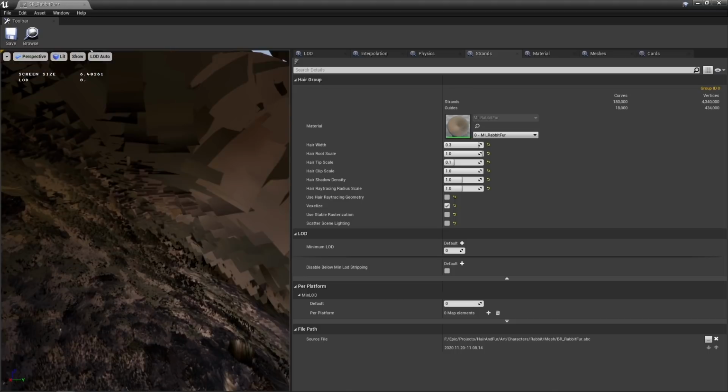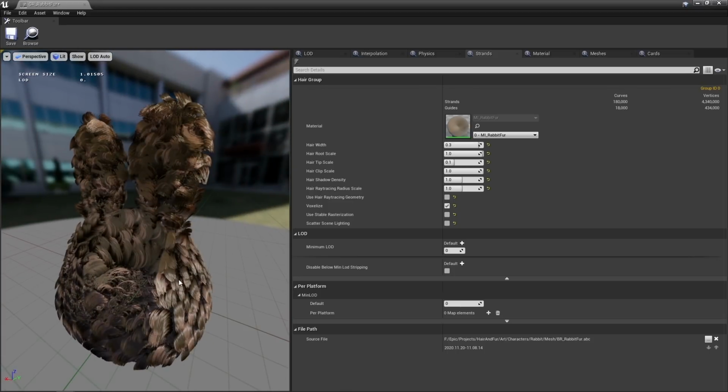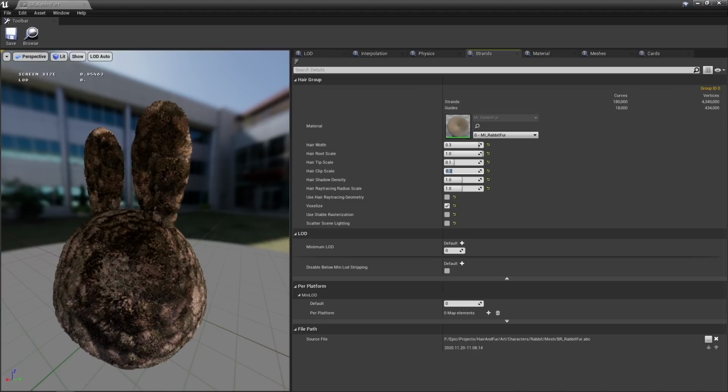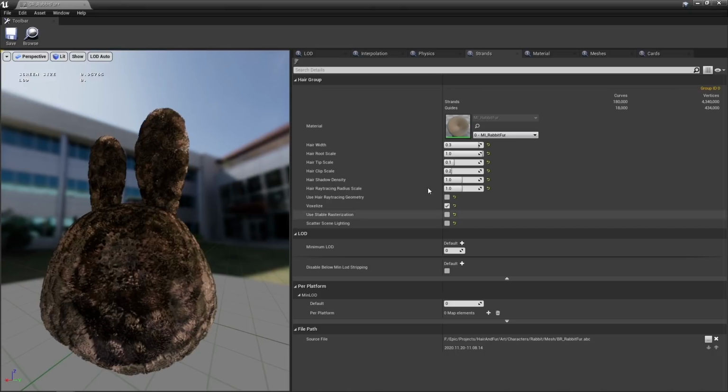We can also clip the length of the hair. So for example, if we want to use this same asset twice, but one of those will have the hair shorter, we can say that we want to have the hair to be, for example, 20% of the total length. So as you can see, we can trim the strands. It is always relative to the full length of each hair.